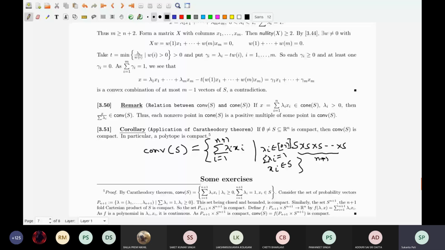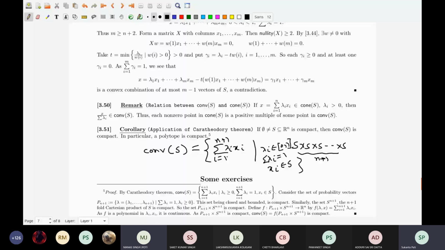Just like the triangular plate in R3 joining E1, E2, E3. Every vector there is just a probability vector. Every point, for example, you will have 0.1, 0.2, 0.7, a point on that triangular plate. That's a probability vector. Entries are greater than or equal to 0 and the summation is equal to 1. This is called probability vectors. Okay. And this set is compact.